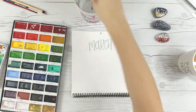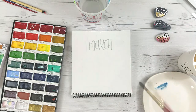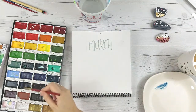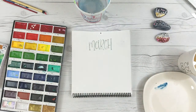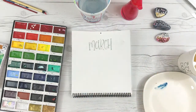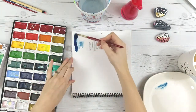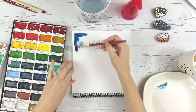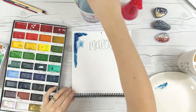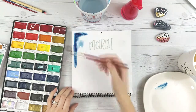I didn't show this part because it was really tedious and boring, but before I decided to use watercolors on the page, I actually did a layer of gesso first. This is because this paper is not watercolor paper, so it's not going to hold up to watercolors. It'll be way too absorbent and it'll instantly soak up that paint. So I've coated it with gesso using a brayer instead of brush strokes because I liked the texture that